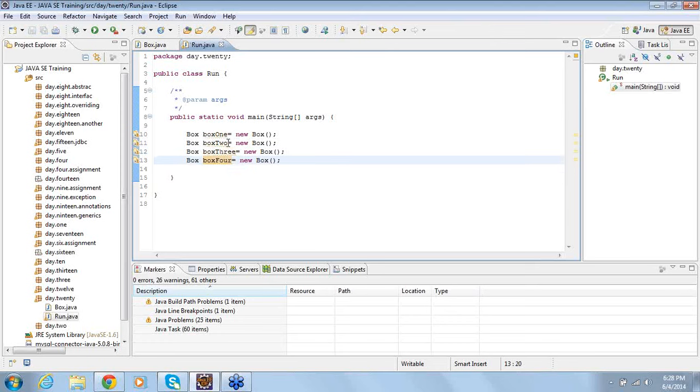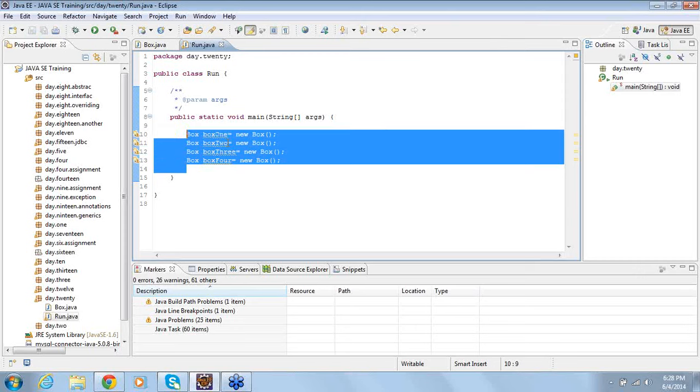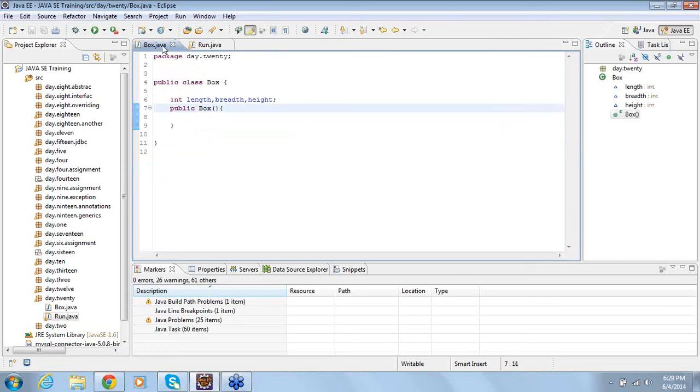What exactly happens is, every time you create an object, memory allocation happens for the instance members. So you created a box object 4 times, then 4 objects are instantiated.